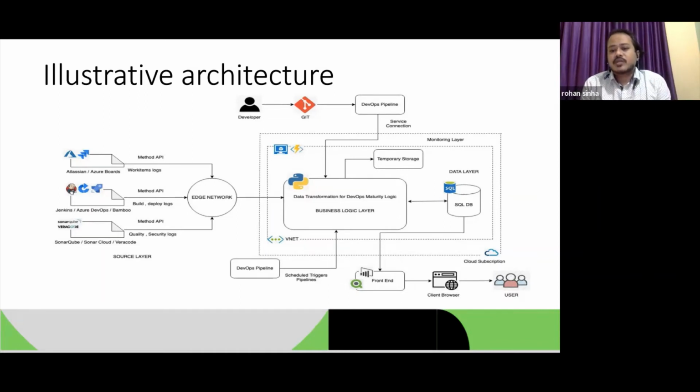Now, within the virtual network, we will have the business logic layer. The developer, on the top, you can see, would be creating the code on Git, and using a seamless CI/CD pipeline, he would be putting the code into the business logic layer, which would transform the data for the DevOps maturity logic. With the help of the business logic layer, the data would further be passed down to the SQL, which is the data layer, where the data would be placed